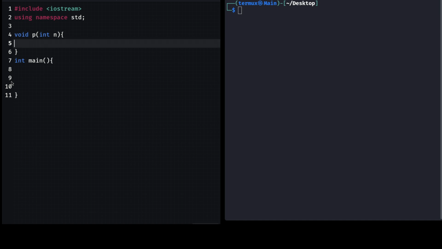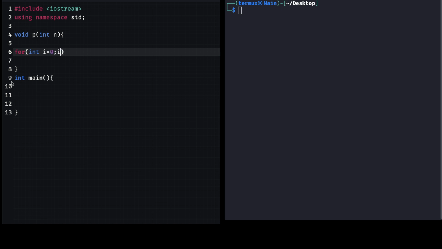So I'm going to say void p, and I'm going to say while... sorry, let's just use a for loop instead. For i in... sorry, this is not Python. Int i equals 0, i is not equal to n, and then we can say i plus plus. Perfect. Now I'm just going to cout